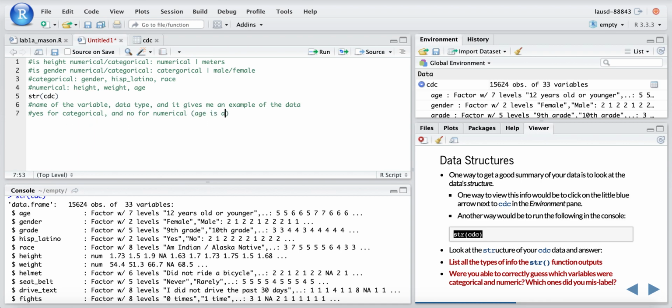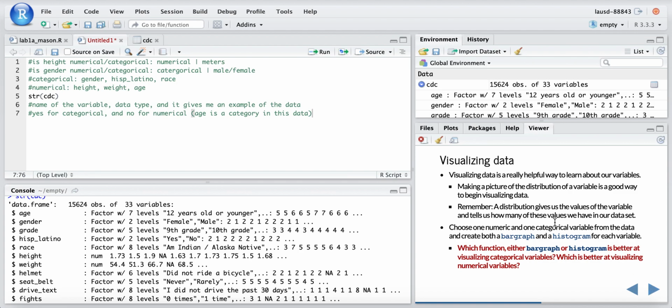Age is a category. So whether you think that's the best way to organize that data or not, you could definitely change that. That's something you could go and work on changing, but we don't have those tools yet, so just keep going